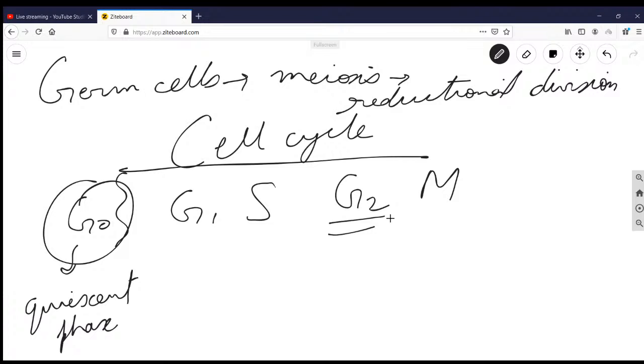But the cells which are able to divide, like the follicles of the hair, the skin, the RBCs and all, what happens is, in order for a cell to divide, what you need to do? You need to double the organelles also, because if you divide it just like that, organelles may not be equally distributed. You have to make two nuclei, two mitochondria if there is one, right? You have to double the endoplasmic reticulum, Golgi apparatus, lysosomes, then peroxisomes, then vacuoles. So you have to double the organelles also. Organelle doubling mostly happens in the G1 phase.